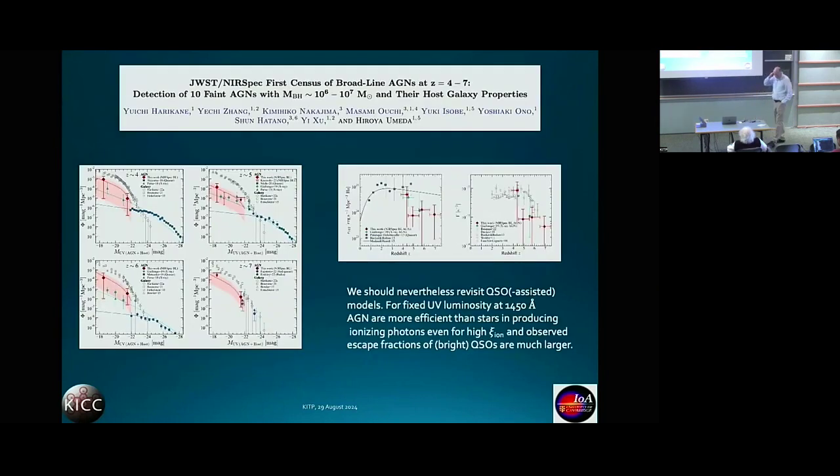As I said, we had the first day full of talks about supermassive black holes, or at least massive black holes at high redshift, now being found in large abundance in the samples. I think one early paper pushing this point was this paper by Harikane et al., who basically claimed that 1% of the sources might be driven by AGN, and that might just be enough to make more or less all of the ionizing radiation that you need to make the Lyman-alpha forest as we see it.